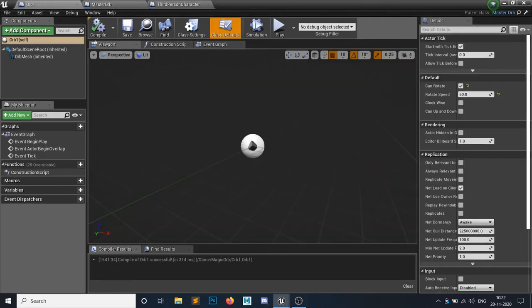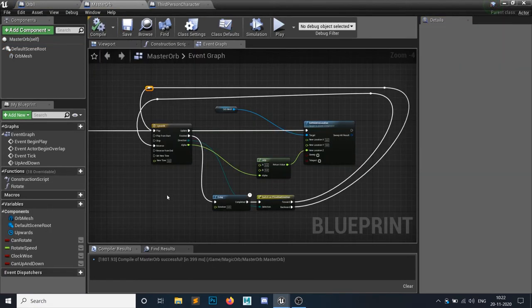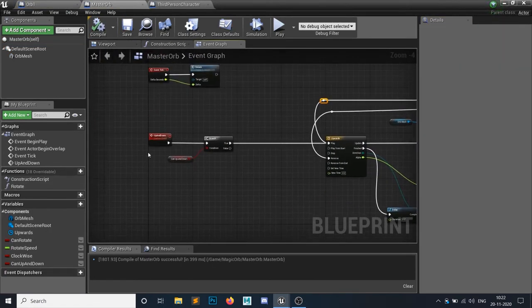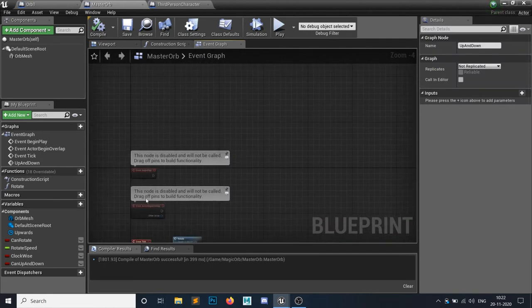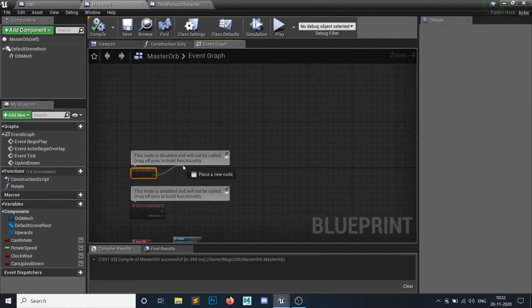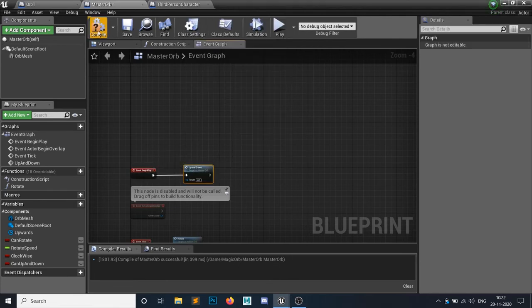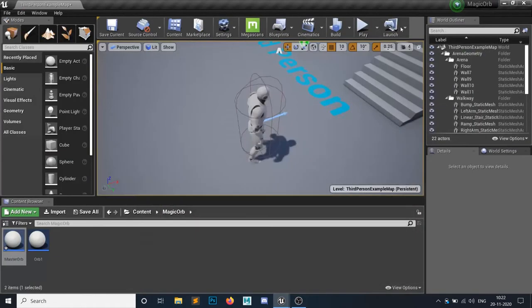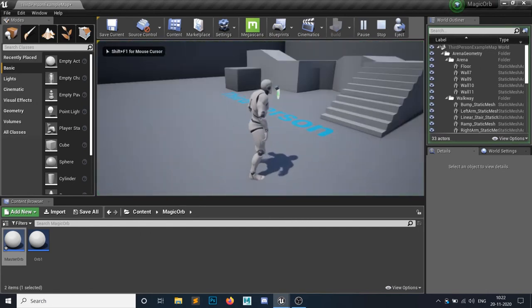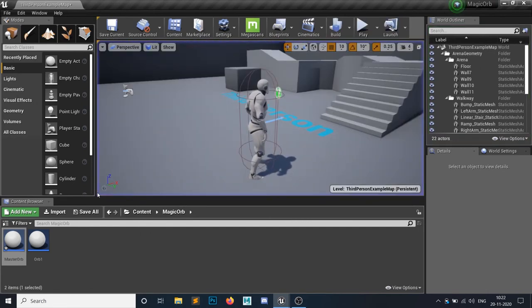Okay, in the master orb, yes, it can go up and down, but what I need to do, I need to call out this function up and down. So in the begin play, I will call out that up and down function. So let's check it out, whether the up and down is working or not. So yes, it is gradually increasing and decreasing.